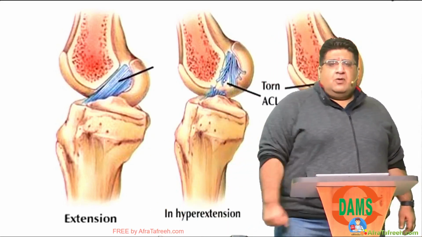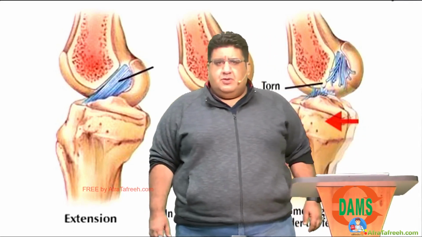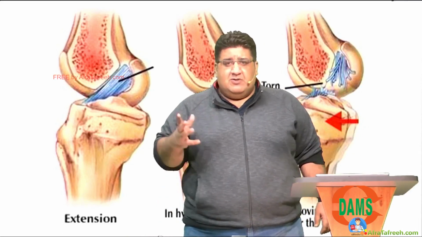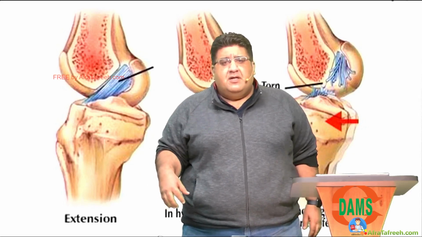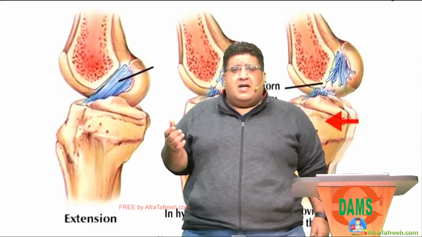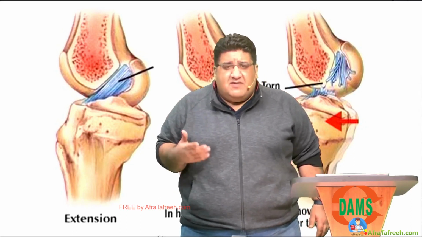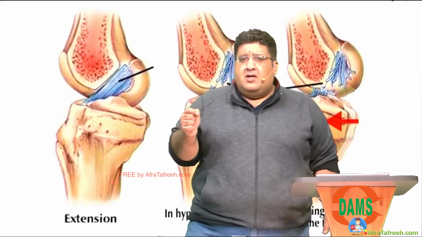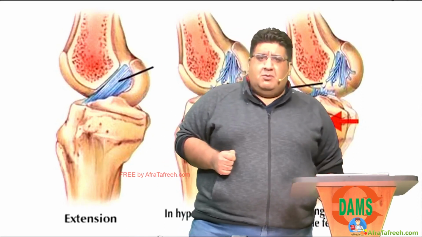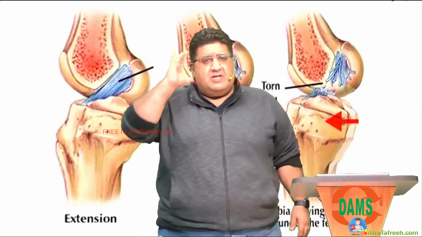So basically what one needs to understand is that till now we have got three very important clues. Number one, his knee was swollen like a balloon. Number two, he was attacked from the front, a hyperextension injury. Number three, he got his support, he got his hand, but he could not stand on his own, and again he fell down. So his knee was not able to take his own body weight. And to be honest, I've given you the fourth clue as well, that for a transient period of time, he felt as if he had lost the limb below the knee. Okay. Now, compiling all of it, I understood almost everything in my head.